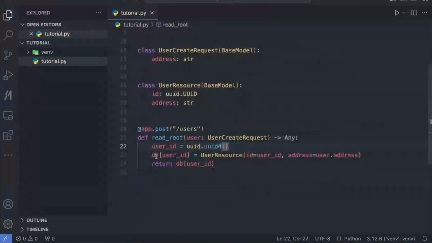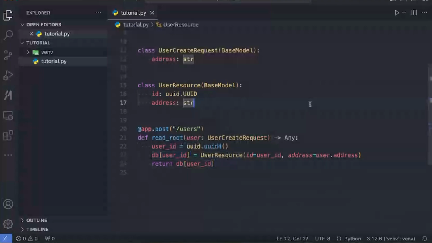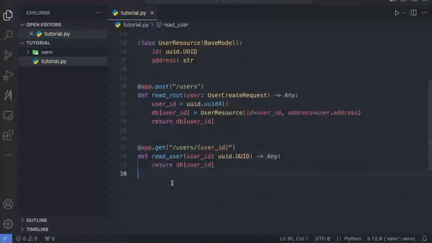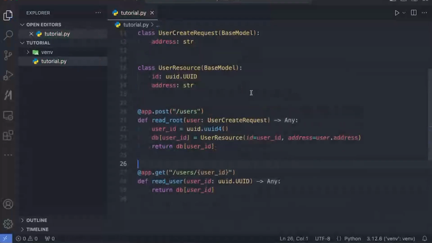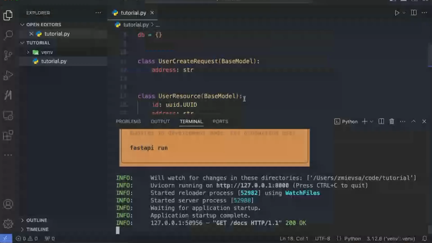So essentially, we create the user with this ID, put it into the database, and then return it. A regular CRUD, like anybody else would do. Same would go for getting the user, just a bit simpler.